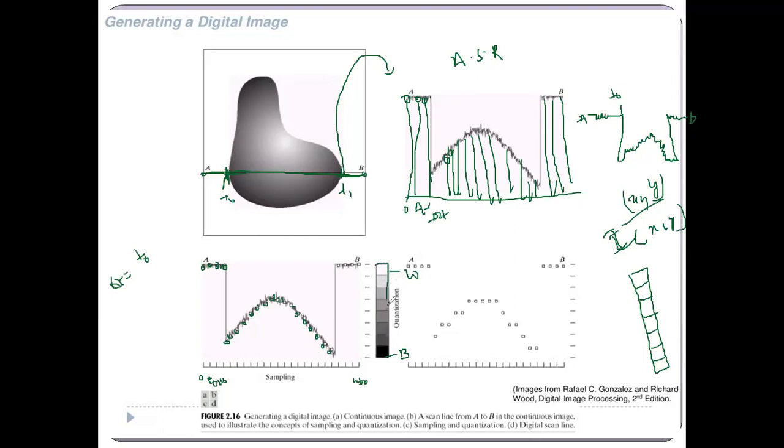The total intensity was gray scale, so we divide it into 8 different blocks, just like we divided the x-axis in sampling frequency. Here we will divide the total color into 8 different frequencies, that is, intensity from black to white. Okay, now I will choose the intensity of each dot here.